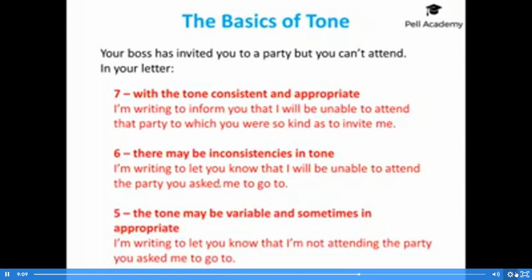Then in a Band 5, the tone may be variable and sometimes inappropriate. I'm writing to let you know that I'm not attending the party you asked me to go to. So again, we have the inconsistency, so it's variable. Now, in this Band 6 response, in the full letter, it would be obvious that it's still a formal letter, but in this Band 5 response, the whole letter would jump back and forth between the tones. And this is inappropriate,